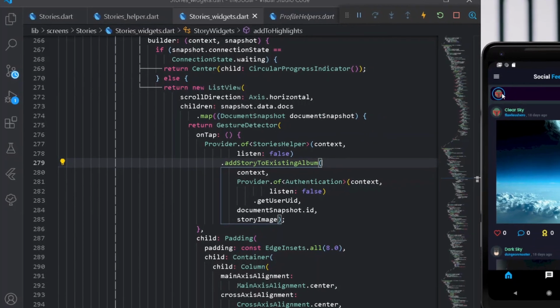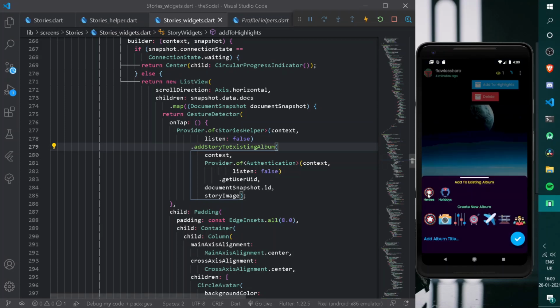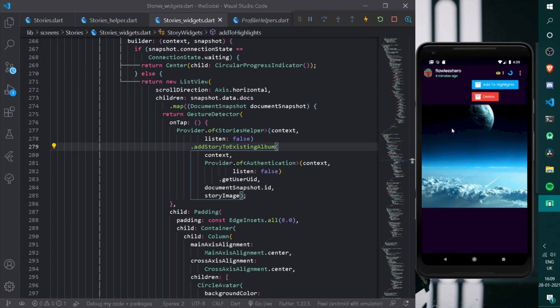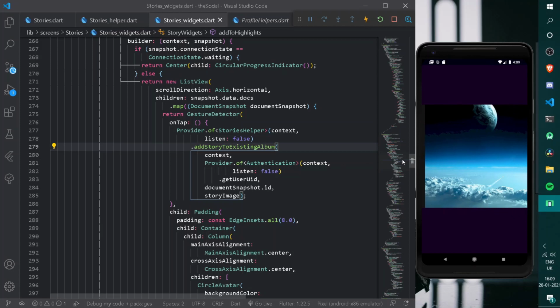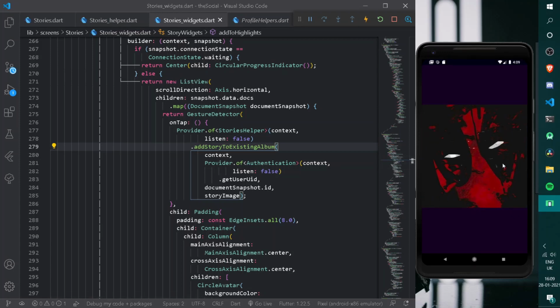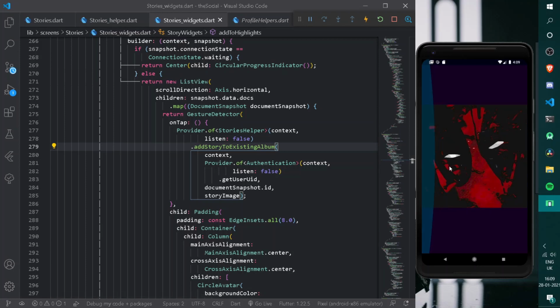So now let's open the story one more time. Open it, add to highlights, easy. Let's add to heroes. Cool. So let's check our entire collection. Let's go back. Here under heroes you can swipe left, that is right, and you can see we have a new story here. That is the new story that we have added right now. So congratulations, we have done a great job.